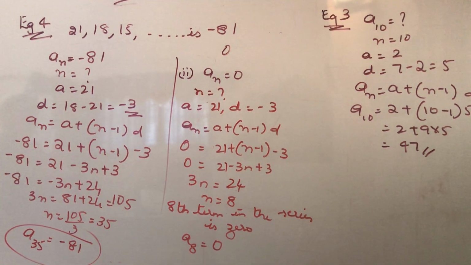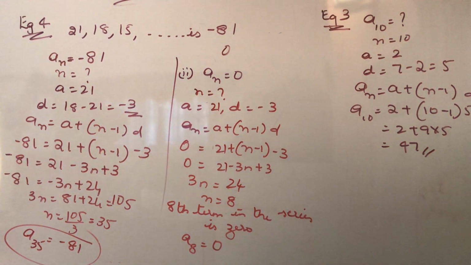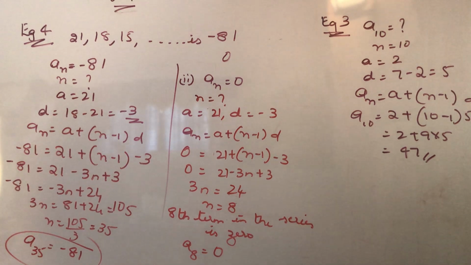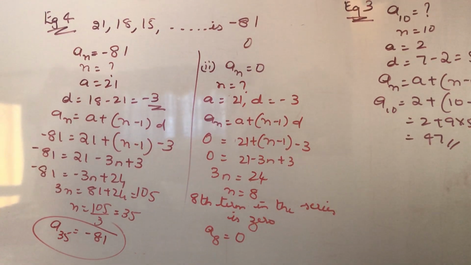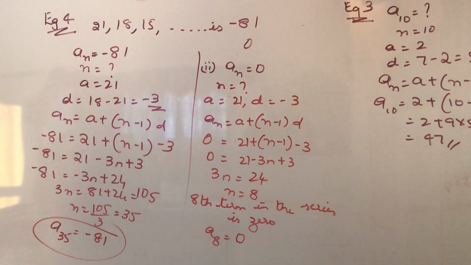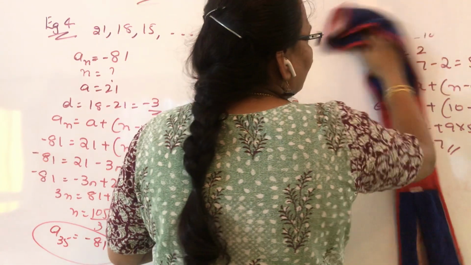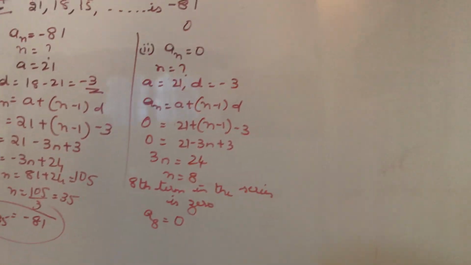Okay, fine. Now let us see example 5. Kids, if you are not able to follow, see this video repeatedly. If you are still not able to understand, revert back, I'll explain you again, because this chapter, nth term, all those things, is a little confusing, so you have to understand.